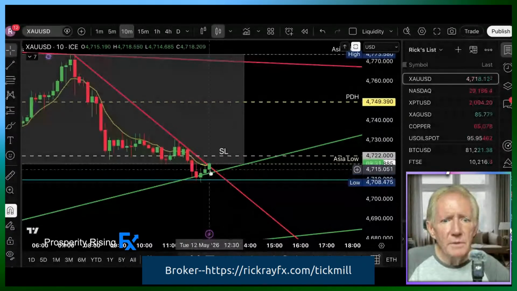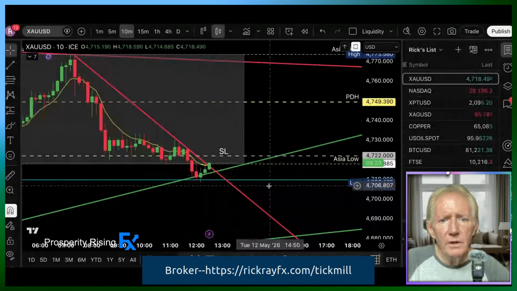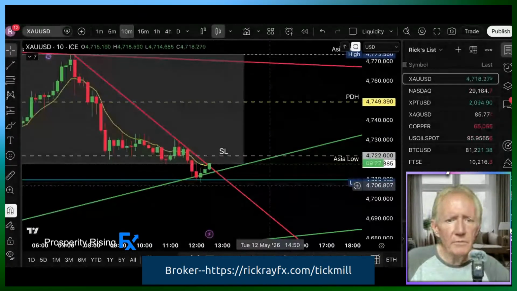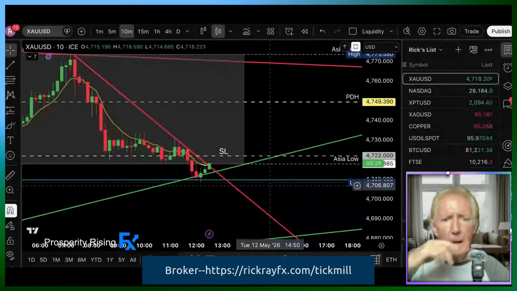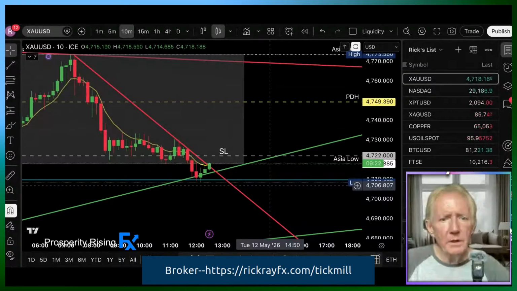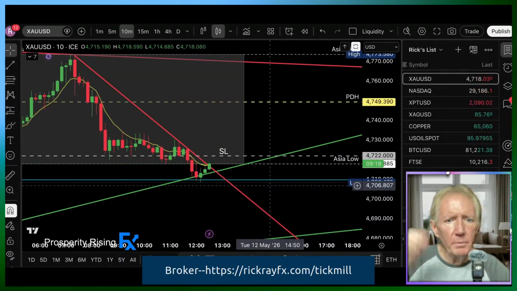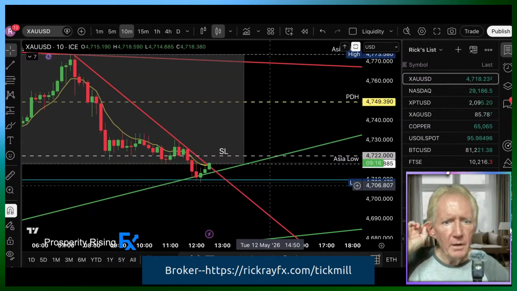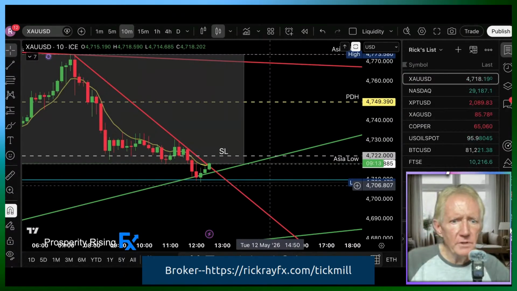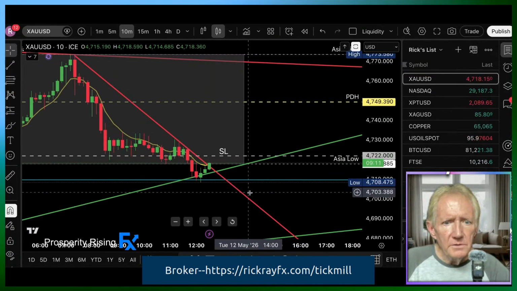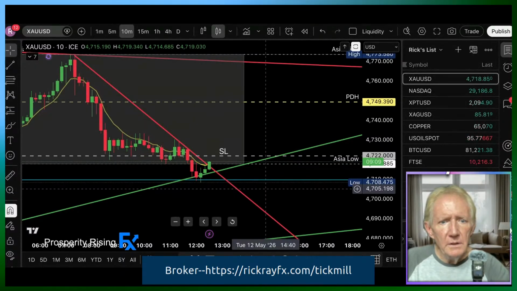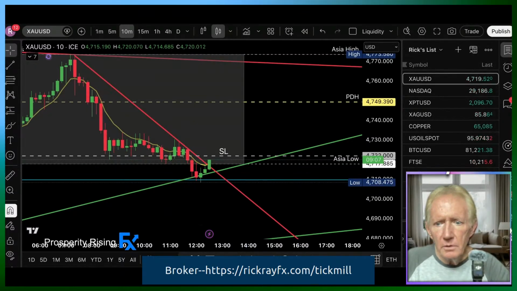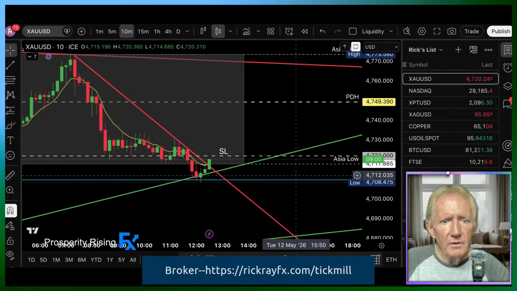Yeah, it looks to be kicking back up now. Well, you can go ahead and get out now. You don't have to let it hit your stop loss. I just took a really small trade, so I don't mind if it hits the stop loss. It's okay, but it is definitely closing above our safety line. Let me go over and look at MT5 and see what that looks like. Oh yeah, I'm going to let it hit the stop loss. It's so close now.